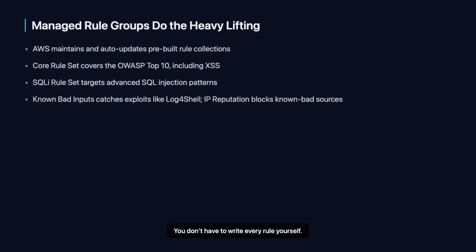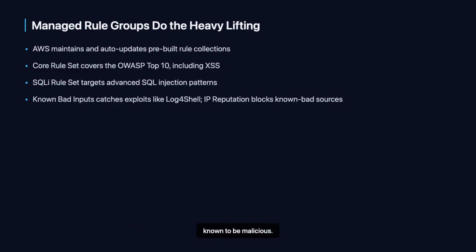You don't have to write every rule yourself. Amazon Web Services maintains pre-built collections called managed rule groups, and it updates them automatically as new threats appear. The core rule set covers the OWASP top 10, including cross-site scripting. The SQL injection rule set is tuned specifically for advanced injection patterns. There's a known bad inputs group that catches exploits like log4shell, and an IP reputation list that blocks sources already